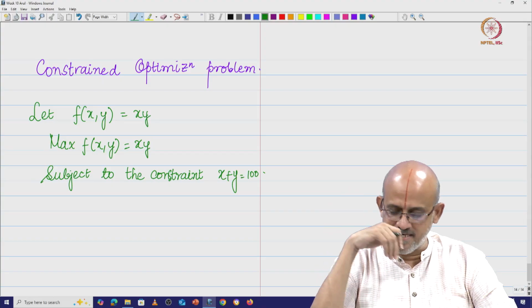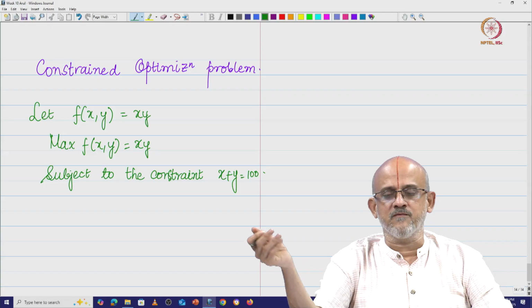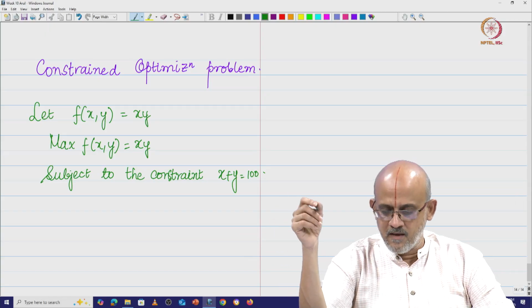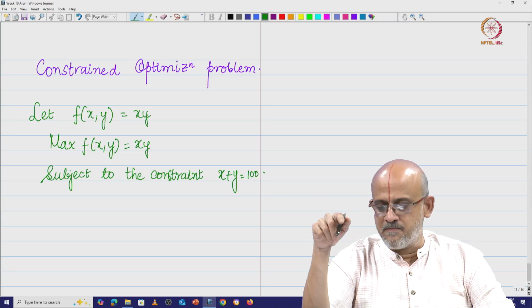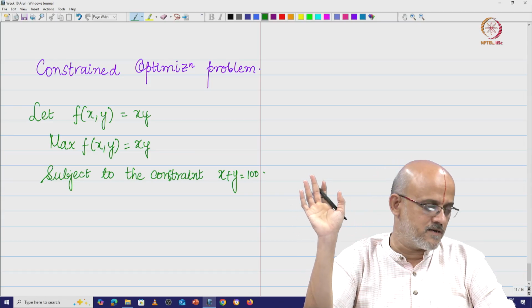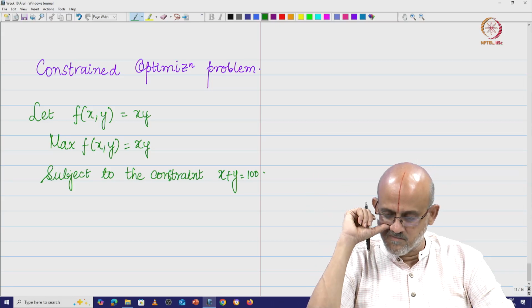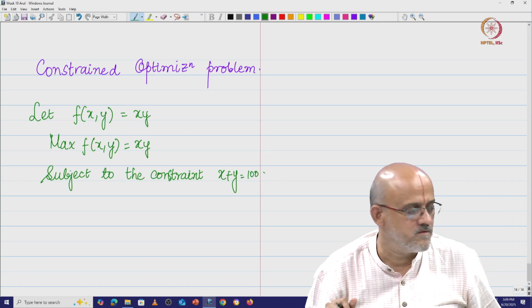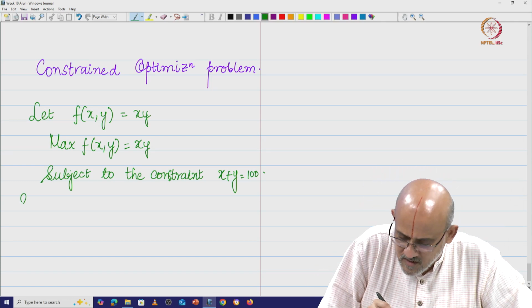So, the constraint is basically this. Essentially, when you say x y, the product of two numbers, you can take it to be the area of, say, some rectangle, and then I am going to say what is the constraint? The constraint is that the length plus breadth should be equal to 100, right. So, that is what I am going to do now. Great. So, how are we going to do the optimization, and we are going to look at this, right. So, I have this function which is the solution. Let us look at this.